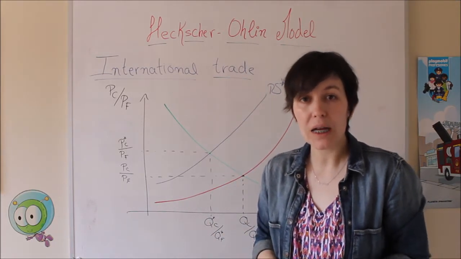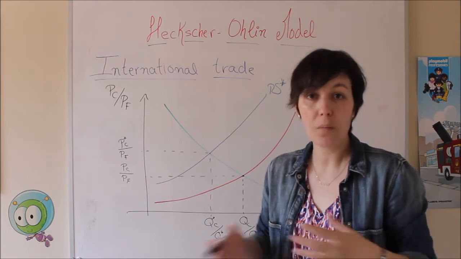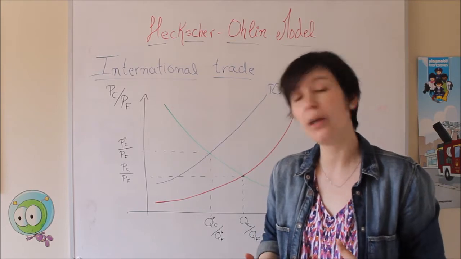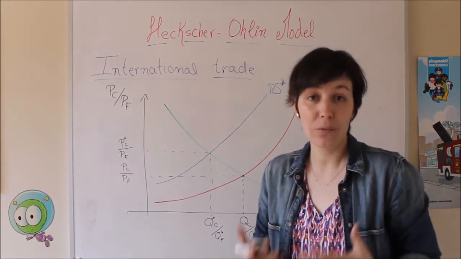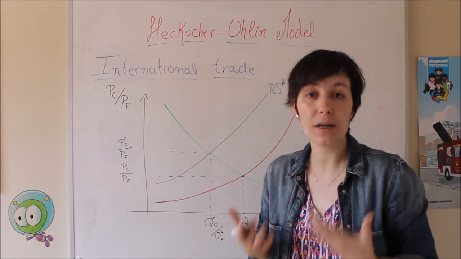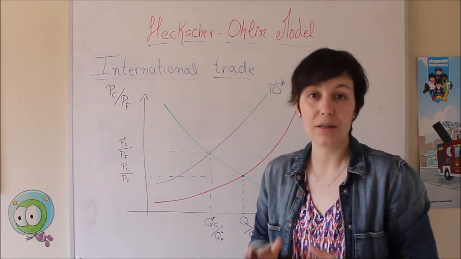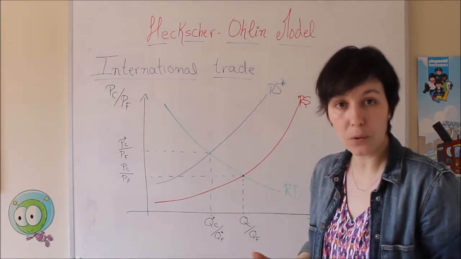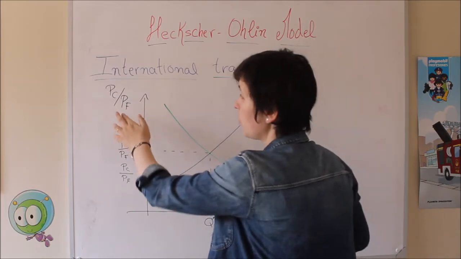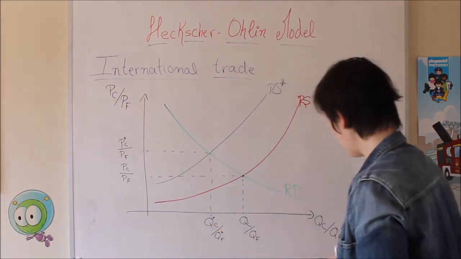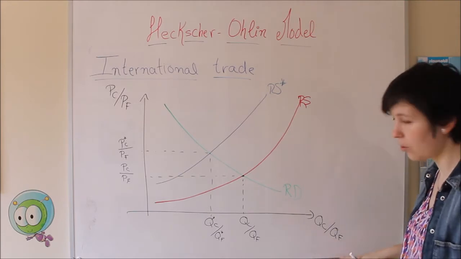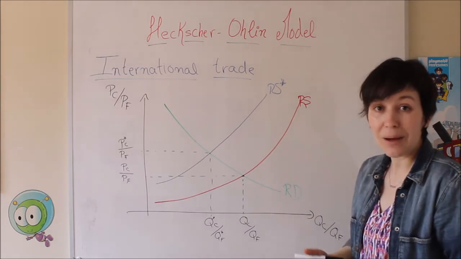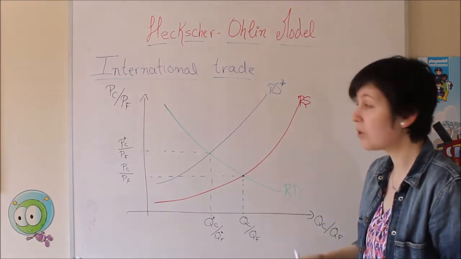Because we know that consumers are equal in both economies, that is going to involve an equal relative demand in each economy. And that is something really useful, because it's going to allow us to draw both markets in just one graph. Here we are going to have that market, so we are talking about the market of goods. Here we have the price. In fact, we have the relative price of clothes, and here we have the relative quantity of clothes over food, okay? So prices, quantity, the demand is going to be the same in both markets, so that's why we just